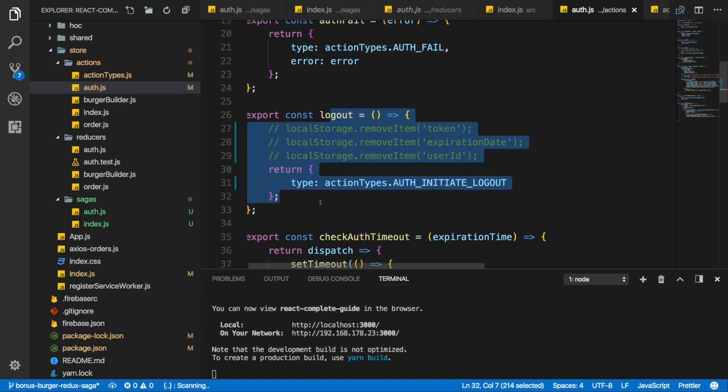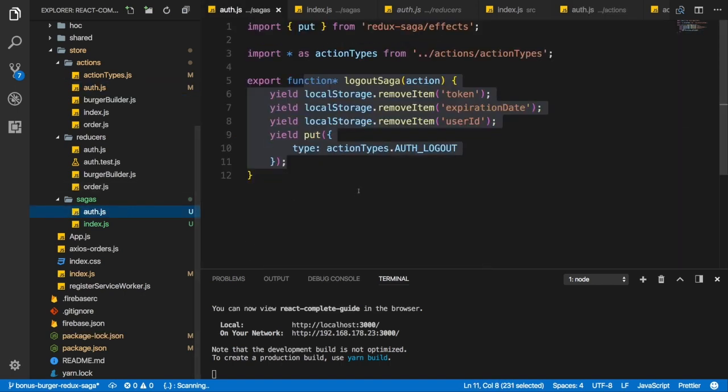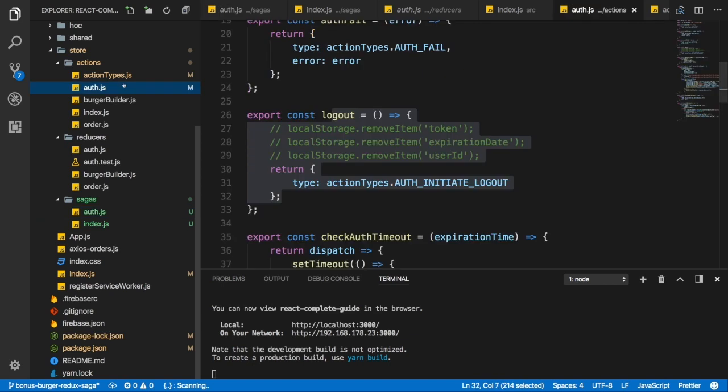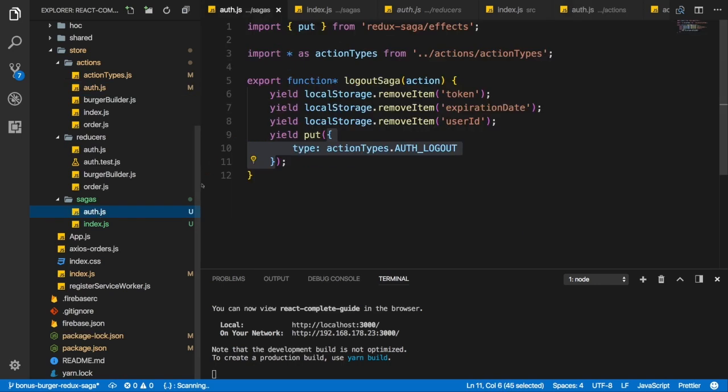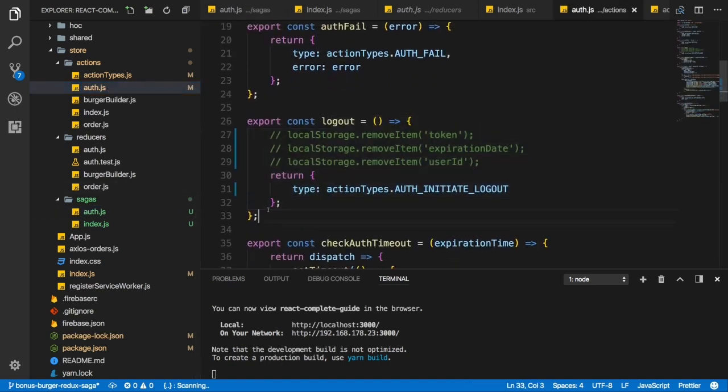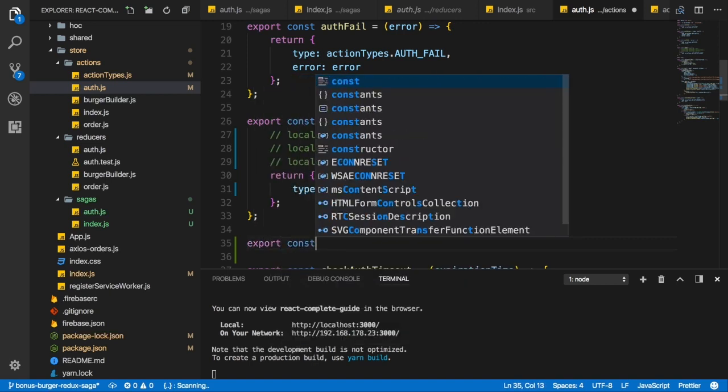We already cleaned up logout. There is one thing we could do though. I hard-coded this action here. Now, we can definitely use this approach where we just put an object. We could even get rid of all action creators now that we use sagas. But we could also say that we want to use action creators to have a reliable way of creating our actions. And therefore, we should probably also use an action creator here in our saga instead of hard coding the action object in here. So I will actually create a new action creator in the auth.js file, and I'll name